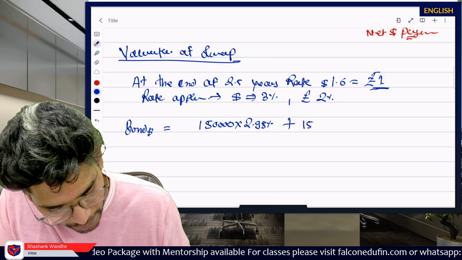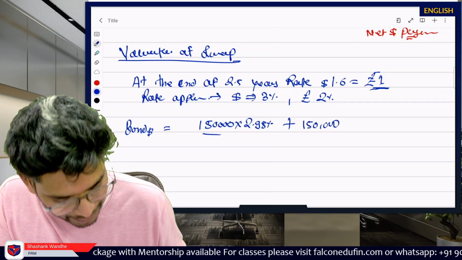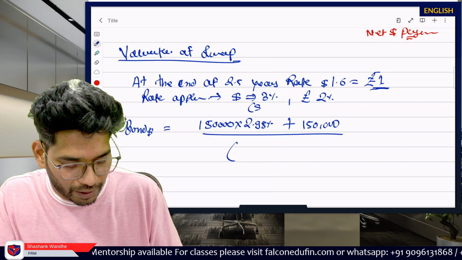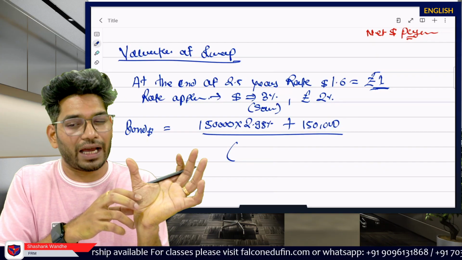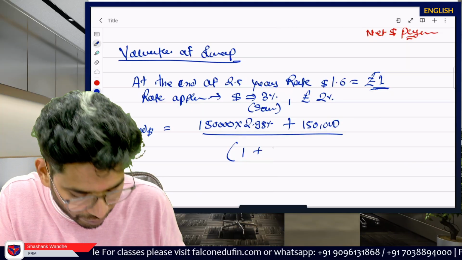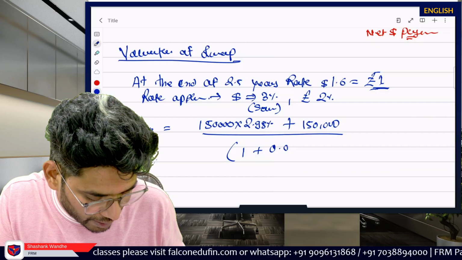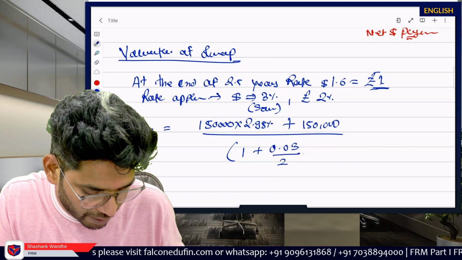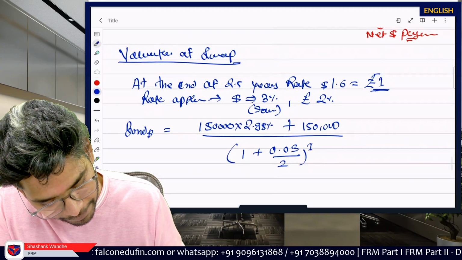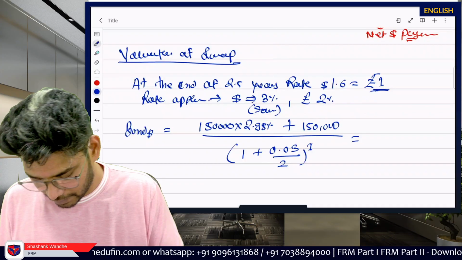Your principal is 1,50,000. Okay, and this should be discounted by 3%, but here the rate should be semi-annual, because we have to do the calculation for the semi-annual. Otherwise, we won't be able to handle the rate, or it will be complicated. So we are assuming the rate is semi-annual, so divided by 2, only one semi-annual period is left, so to the power 1. So if you solve this,